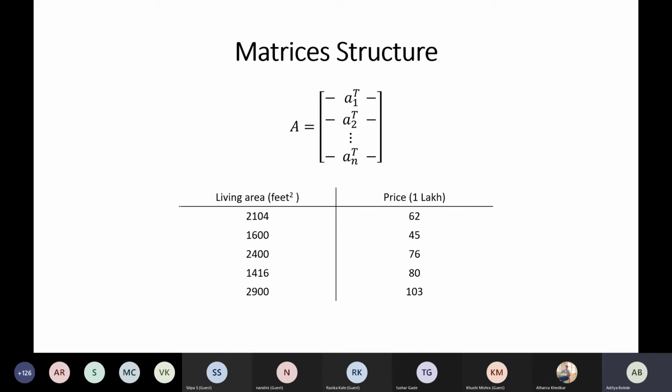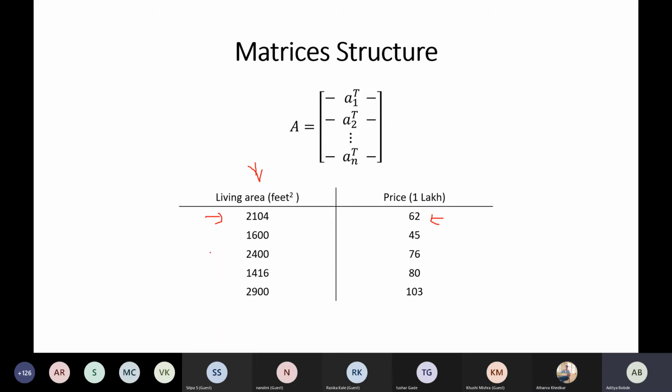Yesterday I gave a little idea about house price prediction. What is house price prediction? You have your living area in square feet. Just as an example, you want to predict the price of a house based on the feature of how much is the square feet area of living. If the square feet is 2104, the price you will be paying for buying the house is 62 lakhs.